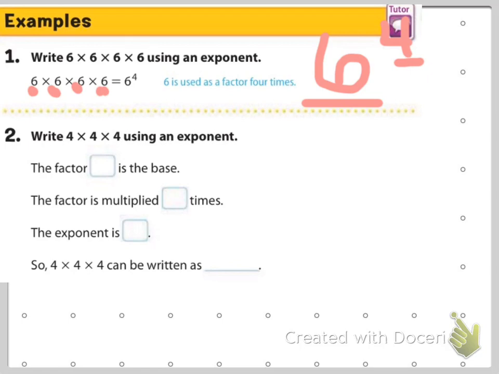So we need to figure out what is our factor. That's the number that's repeated. And so in this case, it's 4. And then the factor is multiplied